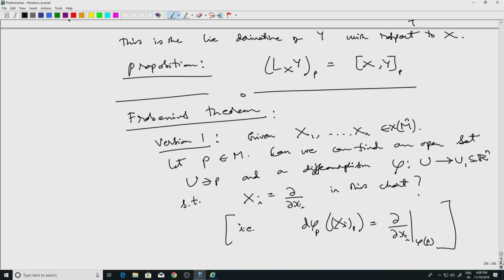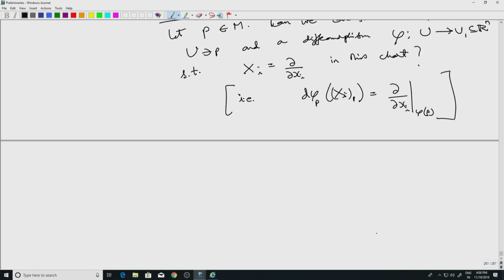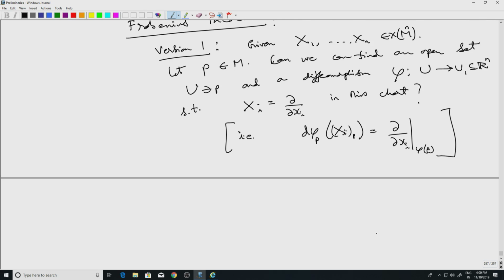Well, can we find an open set under diffeomorphism such that this happens in this chart? Right. Now we know that these